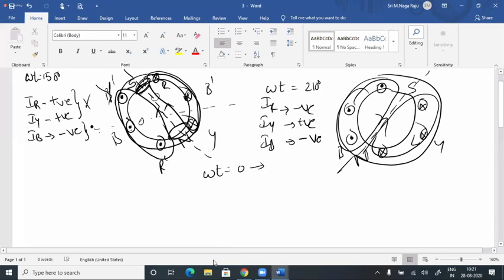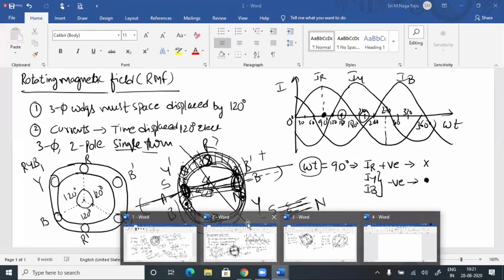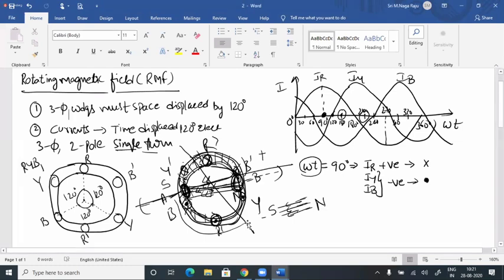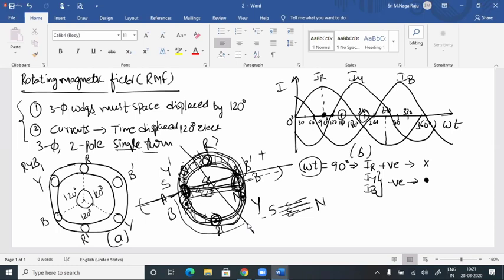If you have any doubt, I will explain now itself. You can note down these diagrams or take pictures. While you are answering, first you have to write these two conditions. Then you have to draw these two diagrams, that is figure A and figure B. Then you have to analyze with the help of the remaining three diagrams with respect to omega t.